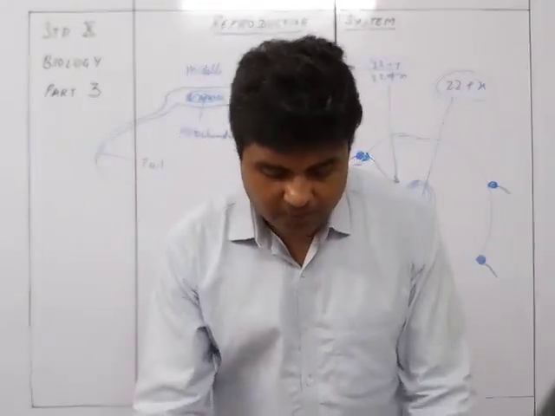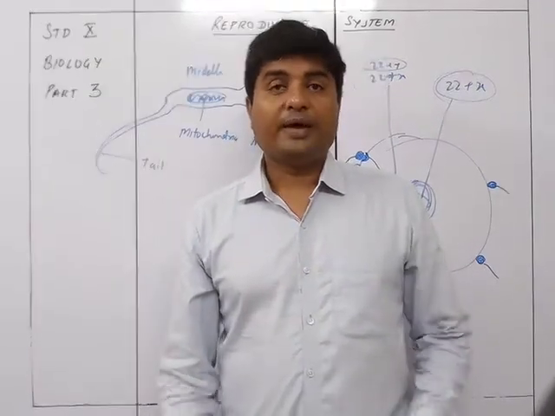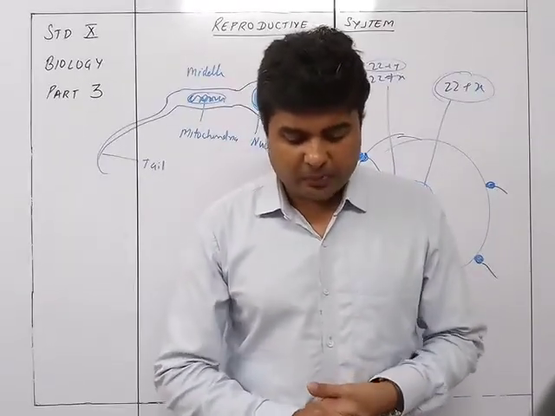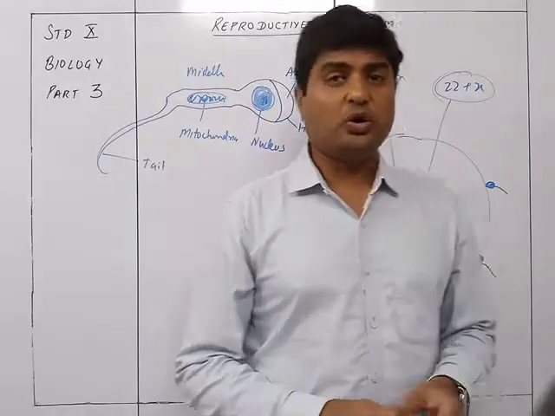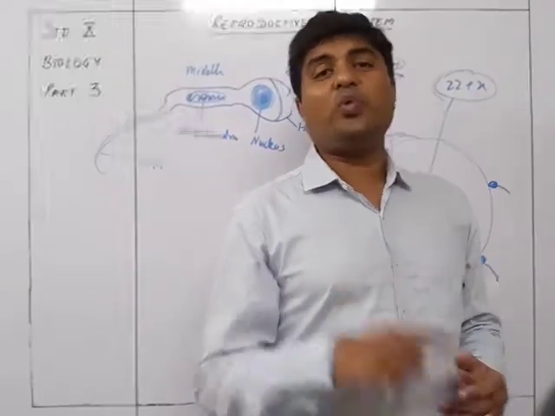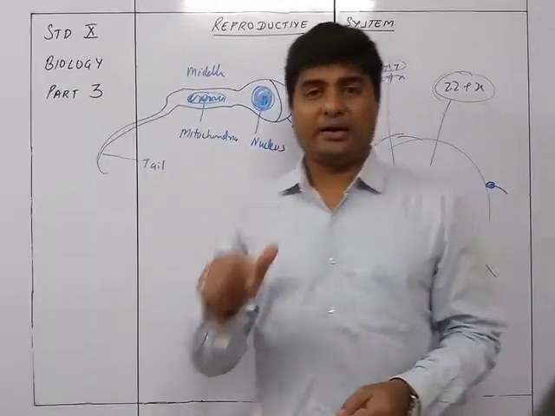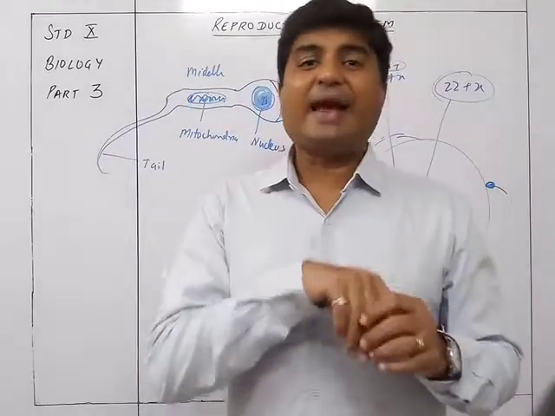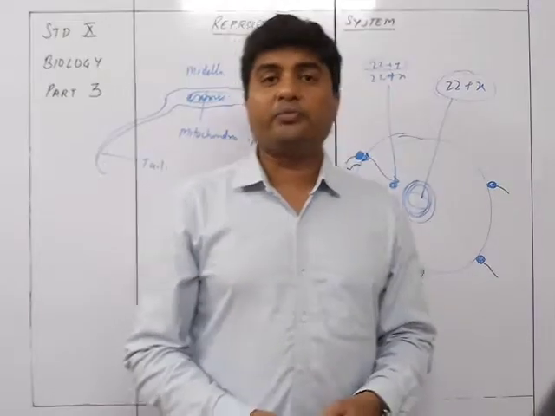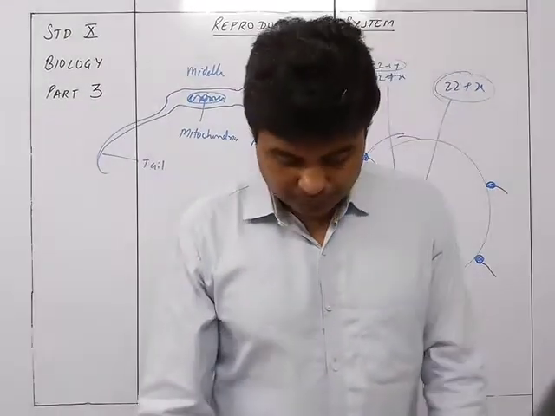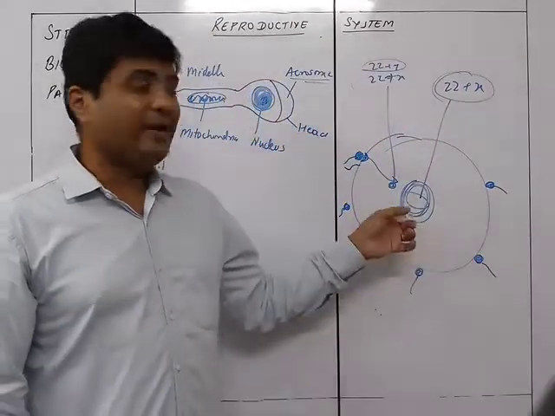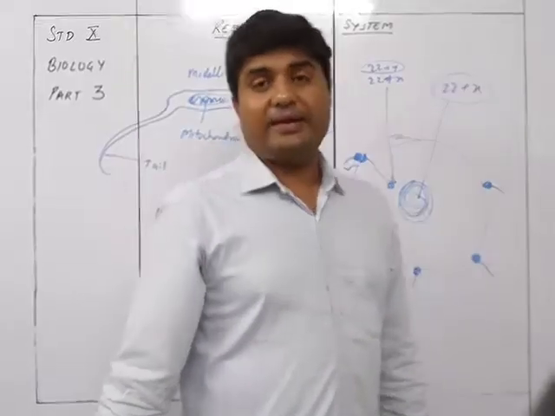As soon as one sperm enters the egg ovum, the entry of other sperm is prevented by a chemical barrier. So this egg has such a kind of outer body that it will allow only one sperm to enter inside, and as soon as one enters, automatically there will be a chemical barrier protecting the other sperms from entering into the egg. So that is how the possibility of two sperm entering into the egg doesn't take place.